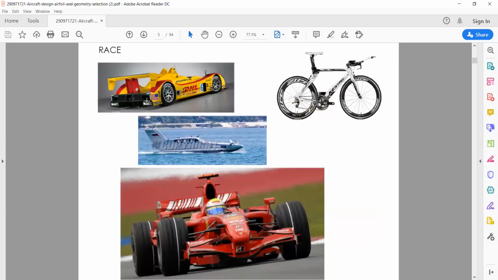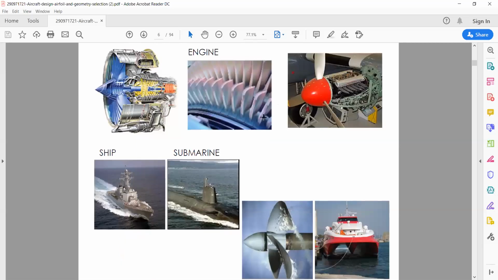And we can see the race cars. They give a streamlined shape because the drag will be less, and aerodynamically that structure will be good. To attain those things, we are giving a streamlined structure to any body, an aircraft, it may be a car. You can look here. In the engine we have turbine blades or maybe compressor blades. They all look like an airfoil. And also in submarines you can see that. Inside these fans, these all look like airfoils.